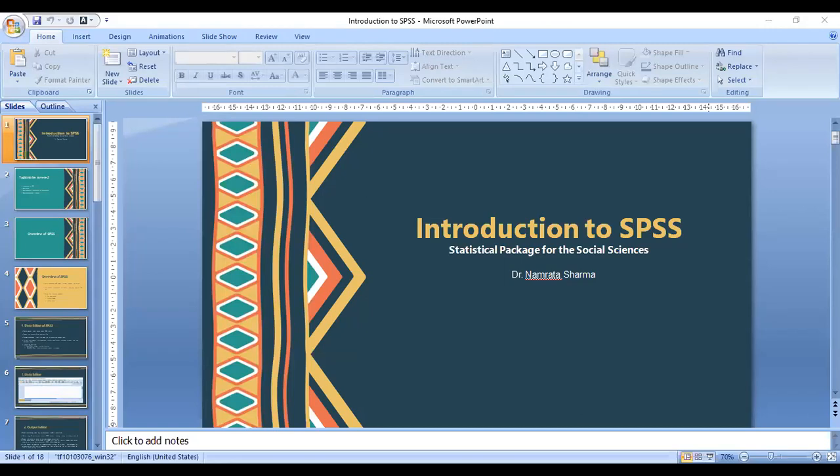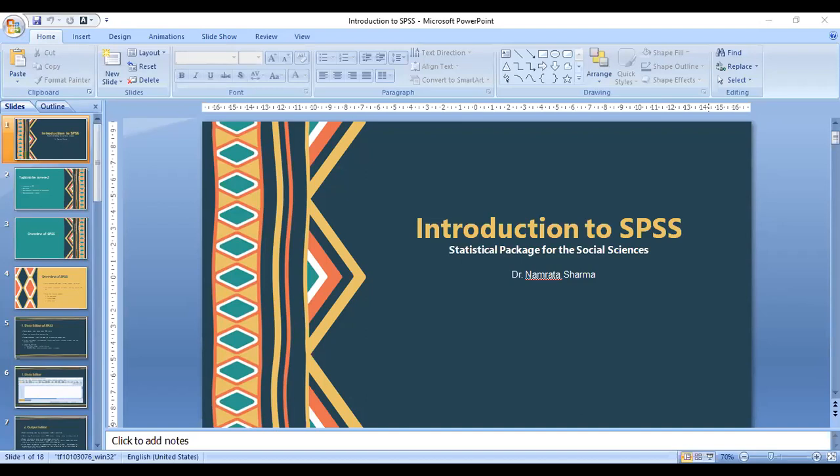Now let's look into your data editor. The data editor is the window where you enter the data and where you analyze the data. This is the first window that will open when you initiate SPSS, and this is the first window you need to know about. This is where all of your work will be done, and it has two views.